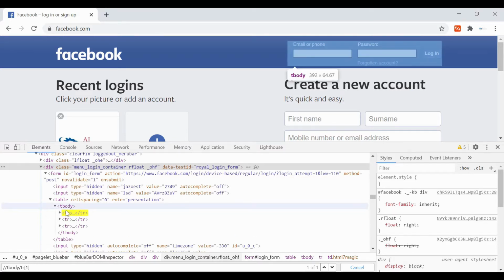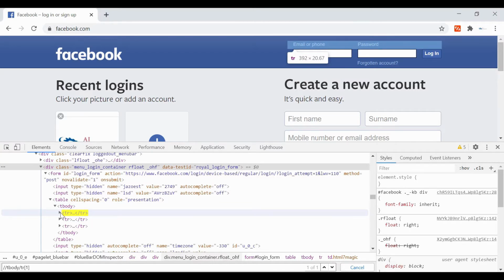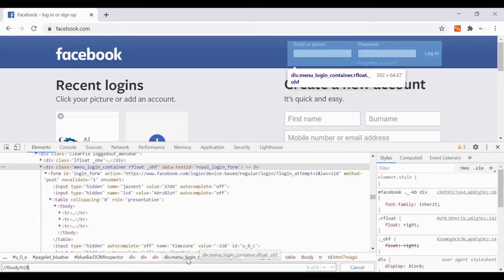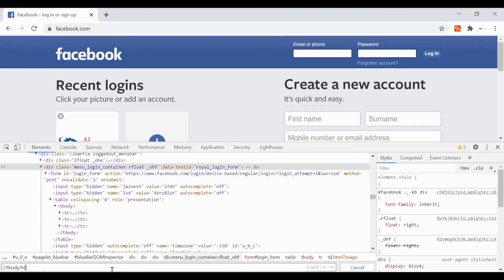After tbody it will highlight the first row only, uniquely. As you can see here, it is showing 1 of 1. For the second you just have to provide 2, for the third you provide 3. If there are only 3 and you provide 4, it will not give any output. It will not give any output for 0 as well.